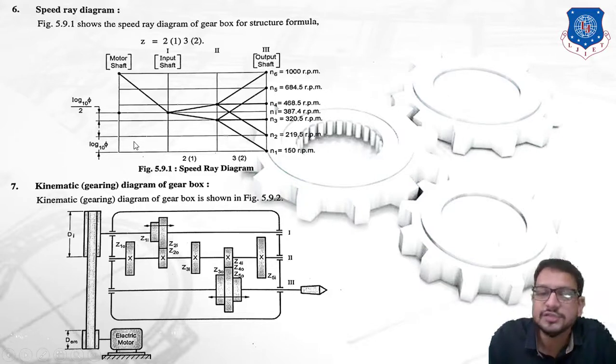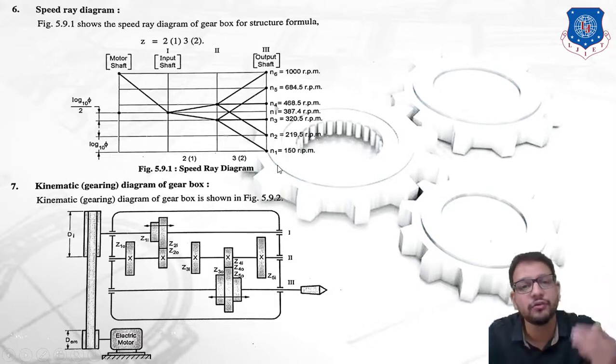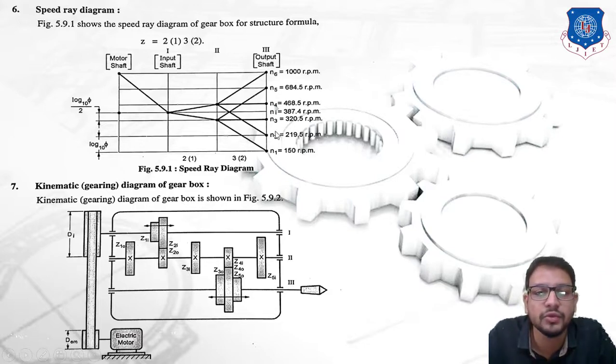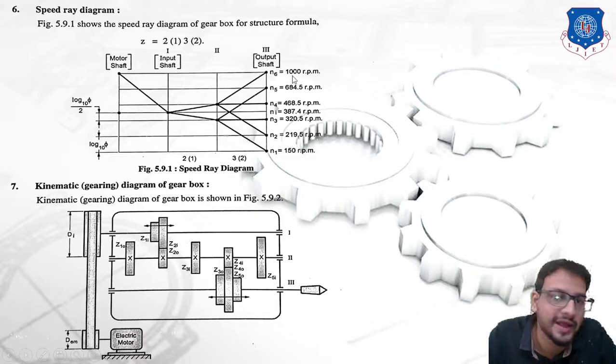Now how many vertical lines do we need to draw? We know that it is n plus 2. Why plus 2? One of the vertical lines is for the motor shaft. So the first line is the motor shaft, the second is the input shaft, the next one is for the intermediate shaft, and the last one is for the output shaft. We always need to remember that we plot the RPMs starting from the bottom position, whereas the node numbers are plotted from the upward side, that is 1, 2, 3, 4 up to 6. Whenever we write the RPM we need to start from the bottom, that is n1 on the bottom line, then n2, n3, n4, n5, and so on up to n6.